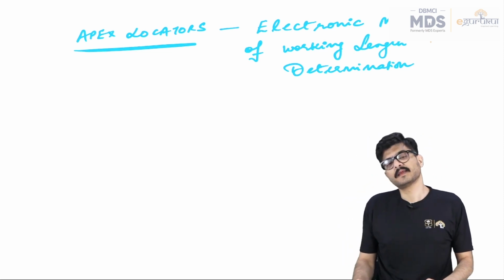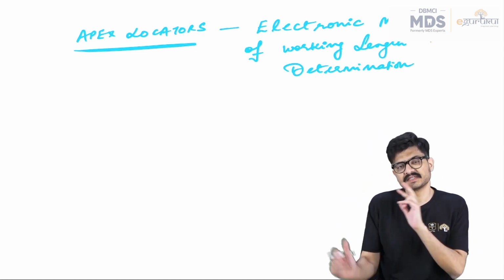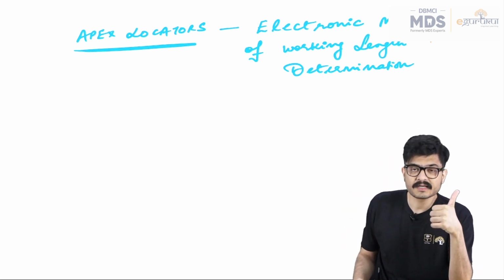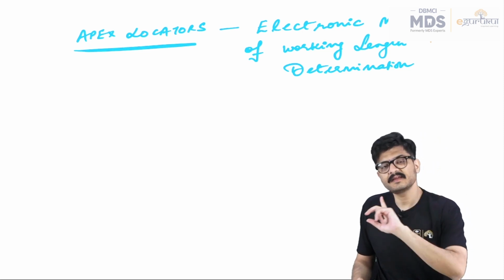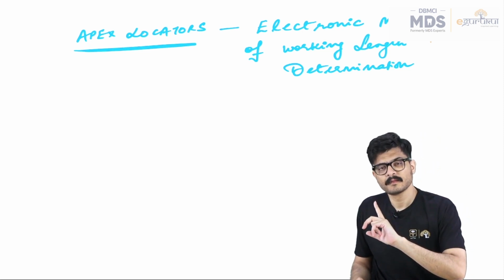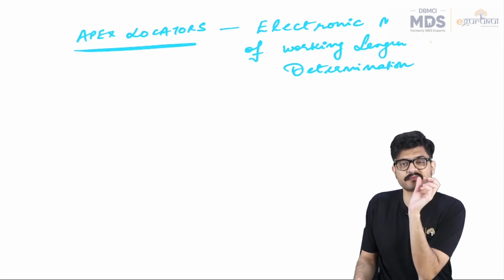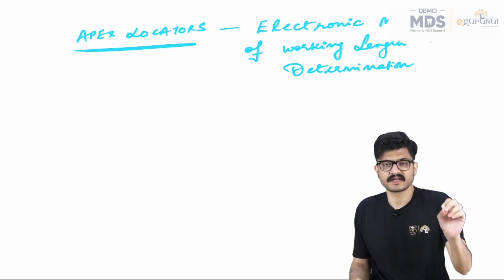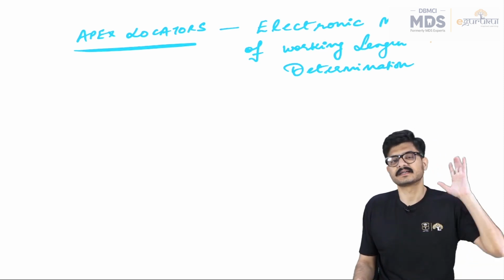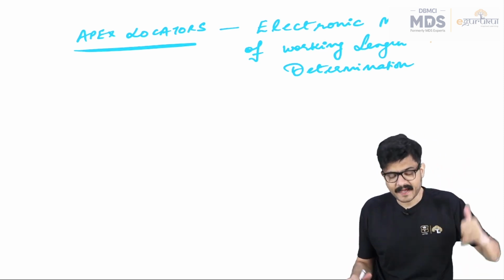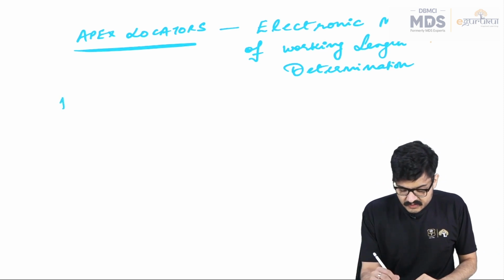That is, we create an electric circuit between the periodontal ligament, number 1, and the oral mucosa. There is a standard or static value of electrical resistance that is generated in that electrical circuit. And this was determined way back in 1942